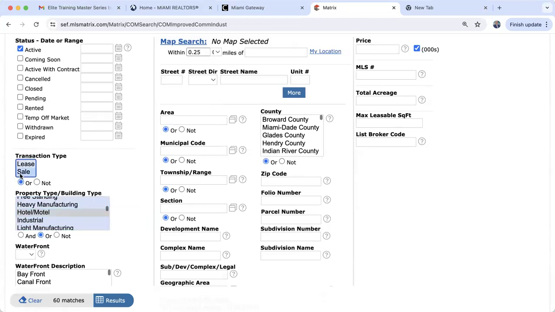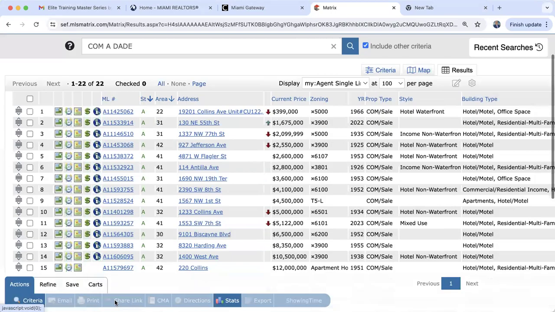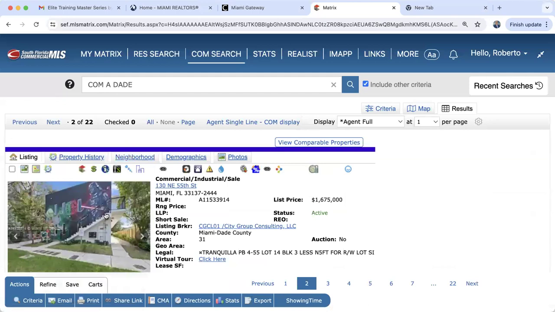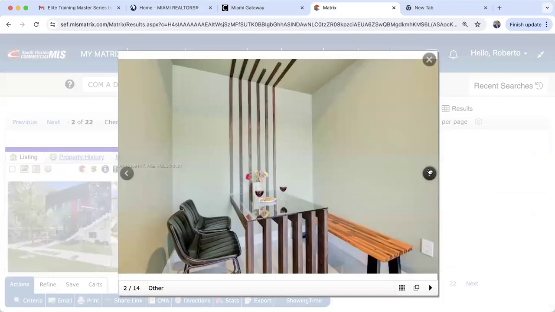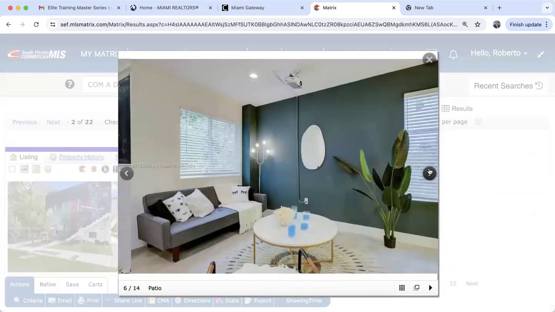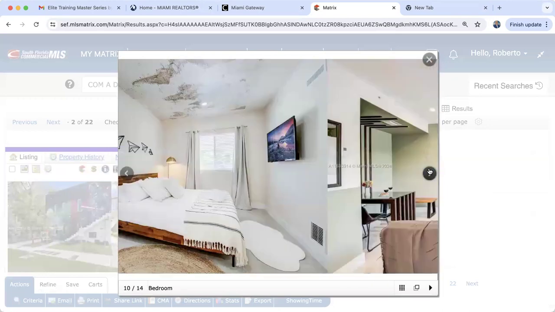So we click on sale, we click on Miami-Dade County, right? We have 22 matches. We click on results. And these are your hotel motels that are currently for sale. All right. And I don't know what type of hotel this is. I don't know if this is like